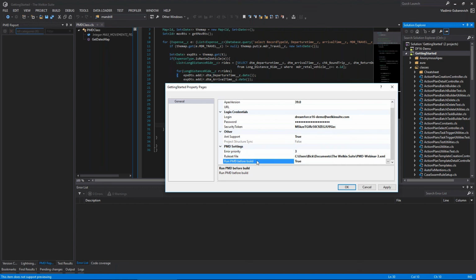And also we have a great option here to run PMD scan automatically before you're trying to deploy your changes to the organization. It's absolutely great option to have automated PMD scan on the early stages of the development. However, if you are working with a big project, if it's a legacy project, if you are aware that it's not yet ideal, this might be an issue for you, because at the moment when you change one symbol in a file, and in case that file has a lot of issues in terms of code styling, in terms of PMD rules, you will have to fix all of them before the IDE will allow you to deploy these changes